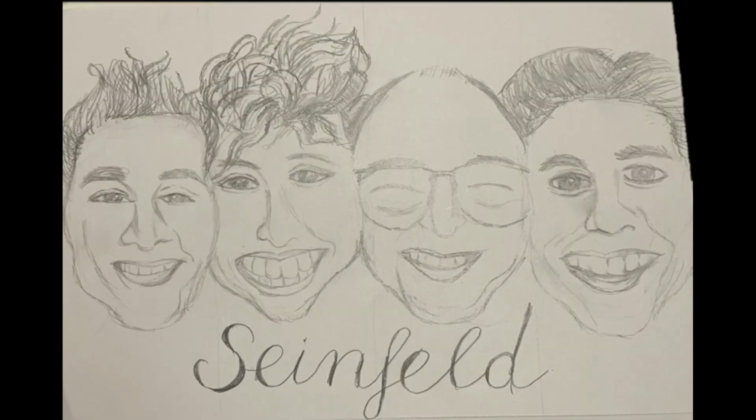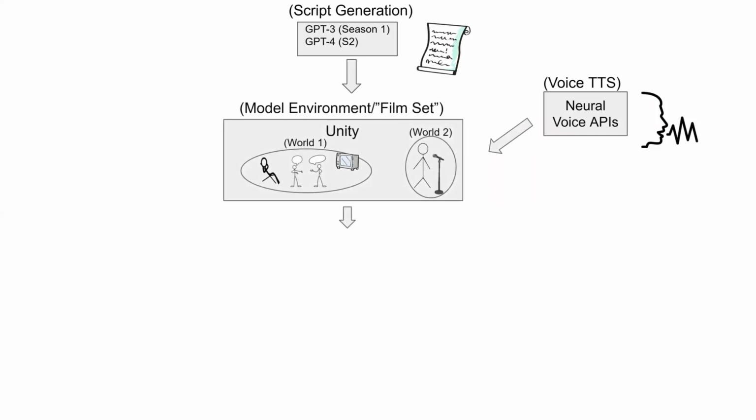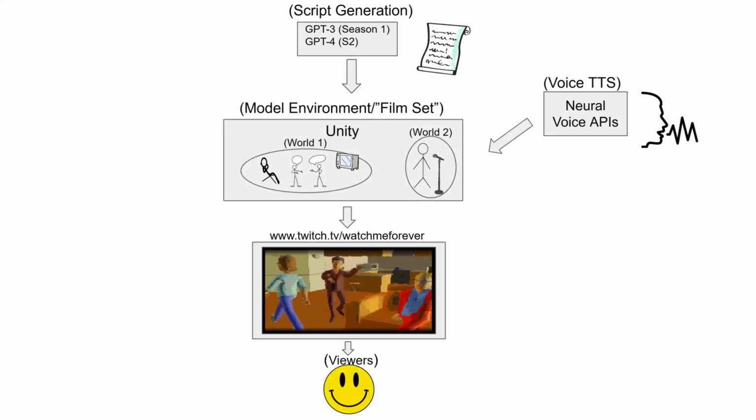Nothing Forever is basically an AI spin-off of the show Seinfeld, which many described as a show about nothing, hence the name Nothing Forever. And it uses AI, machine learning, and generative algorithms, but mainly it uses GPT-4 to create auto-generated scripts that create new dialogue infinitely. To create the voices, neural voice APIs are used, and for the environments and character models, Unity is used. So, as a result, we have a cartoon version of Seinfeld that runs infinitely, 24/7, and never stops streaming on